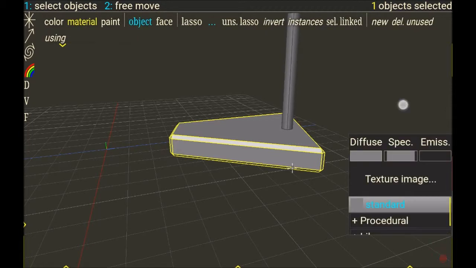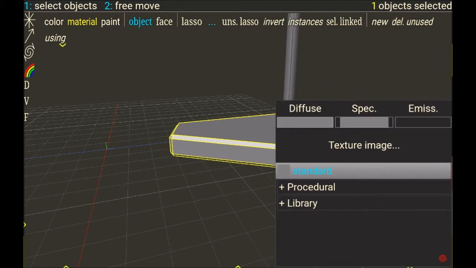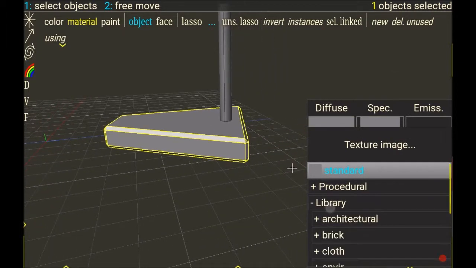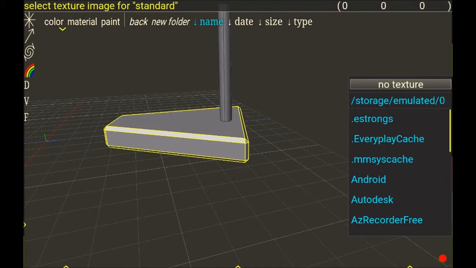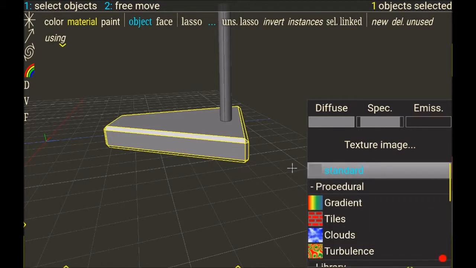And now I have the material panel which is opening. We can resize it like the other one. And you have a library of already done material. You can choose your own by tapping on the texture image there, and it proposes you something. But for this tutorial, I will use a procedural material. There is some automatically created material which you can